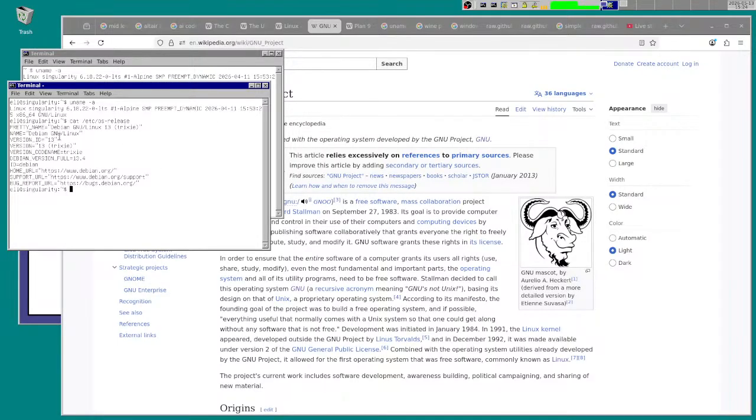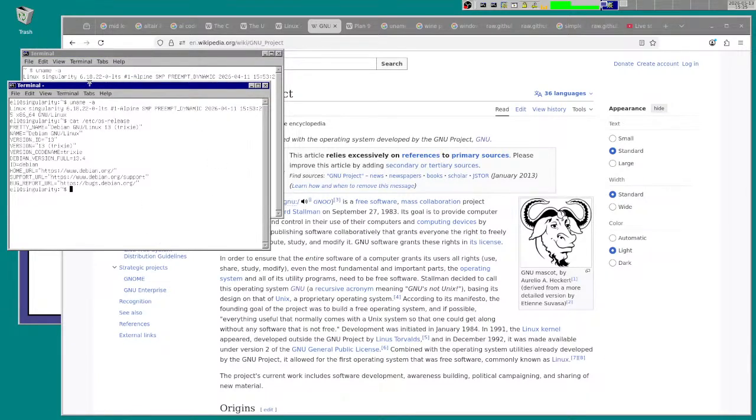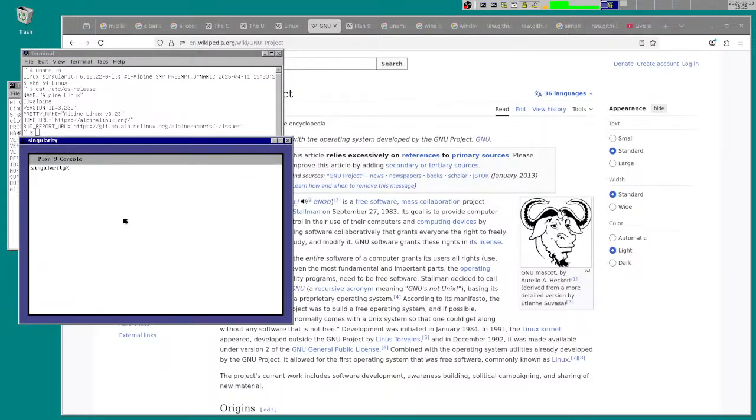Debian Linux is almost like the definitive GNU Linux. Debian is a very old type of Linux, and it's very GNU, and that's okay. And then Plan 9 is really a different operating system.